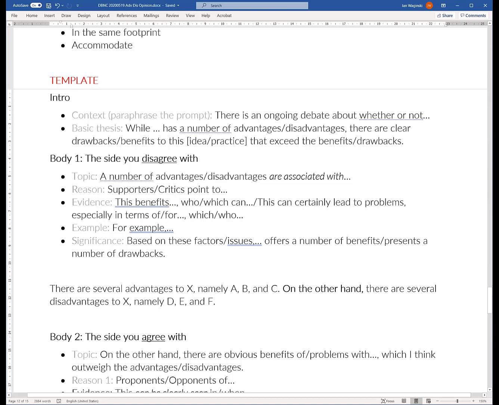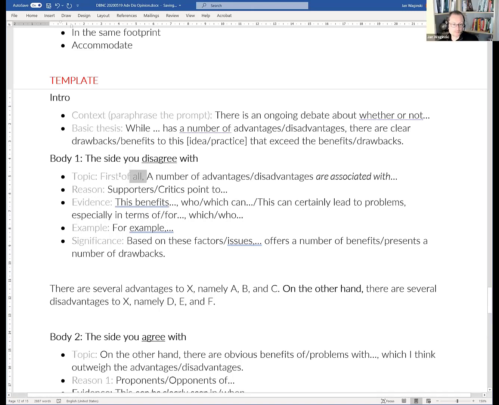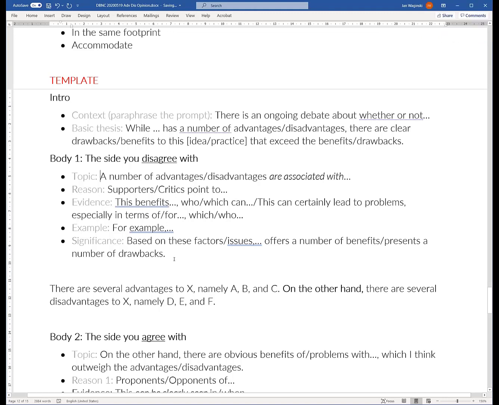Yes, you could put "first of all," but you don't really need it in this case. Let's say in this case I didn't start with a number, and it's body paragraph 1. I said there are several advantages. That's right, similar to that. Yeah, that's okay too. Okay, so there are several. So in body paragraph 2, I need a transition. Yes. Okay. Absolutely.